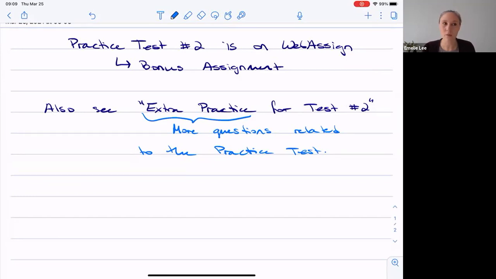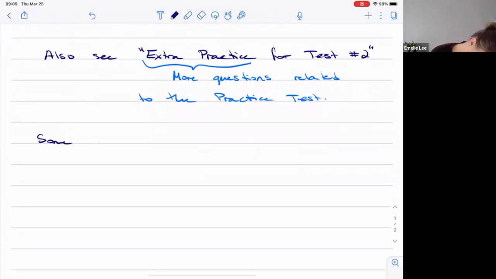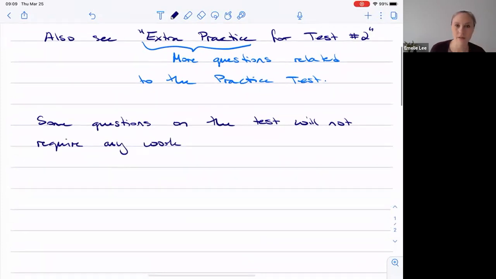So you do have to submit your work. I will be checking your work, but of course all your answers have to go in WebAssign. There will be a lot of questions where there will just be an answer. There won't really be any work. So some questions on the test will not require any work. But you should still write down what answer you're entering in,